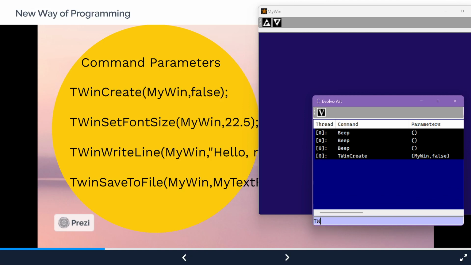And now I'm going to say, so you have control over the different functionalities. So I'm going to say set font, open parentheses, and the first argument for set font is simply the name of the window, which in this case is MyWin. And then the second parameter is 22.5, and that's probably too big a font, but it should be okay. Okay, so